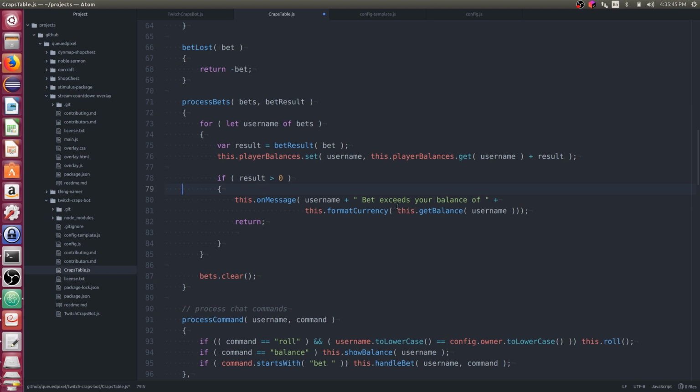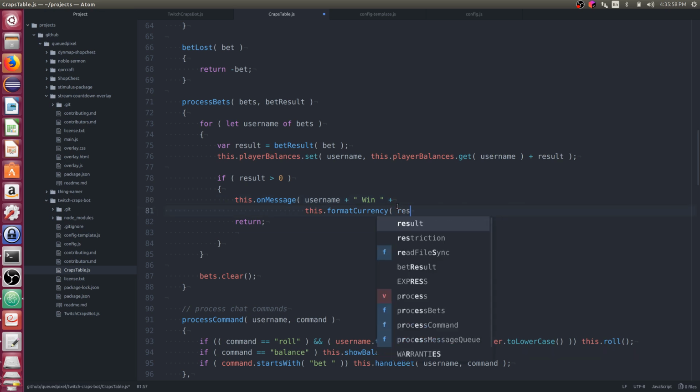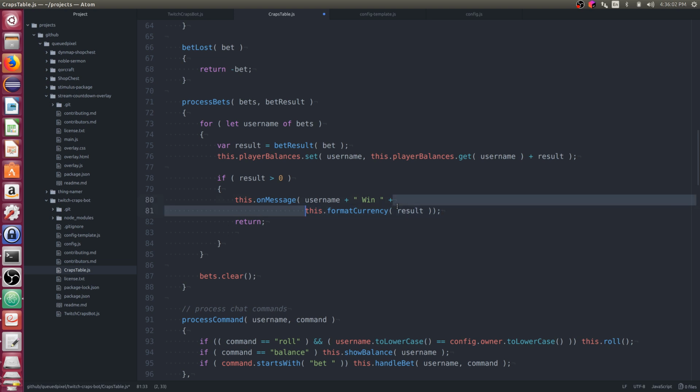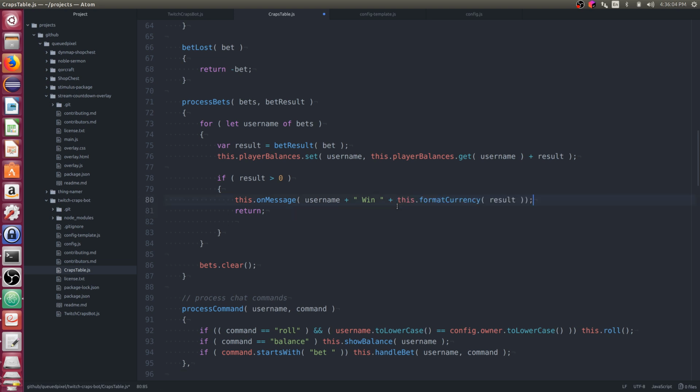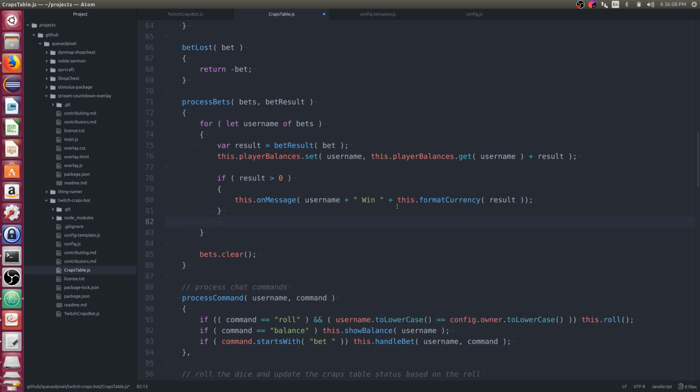So we want to say something like username wins, this dot format currency of results. Let's go fix that up. Just don't return there otherwise.